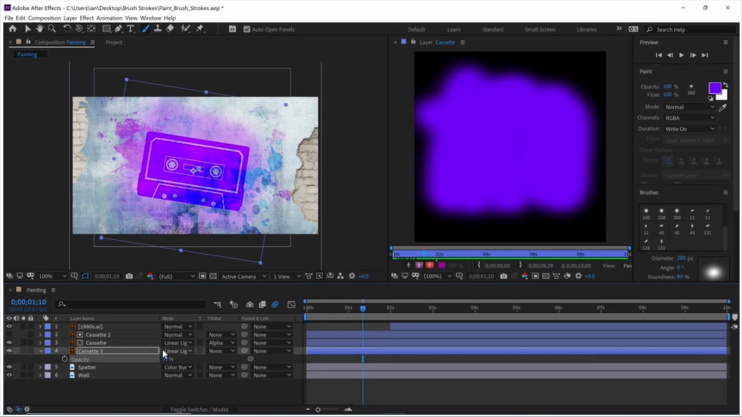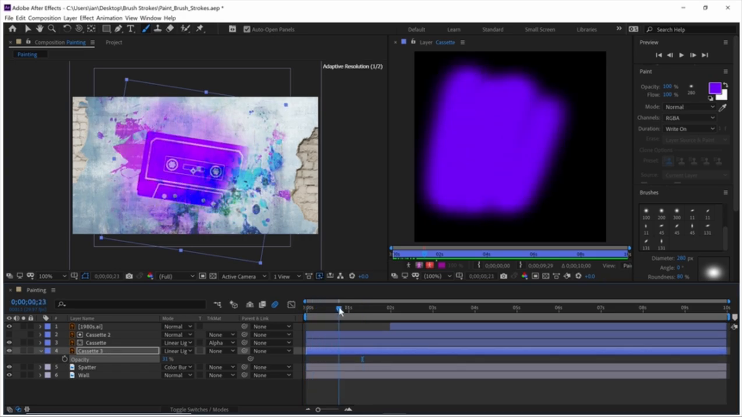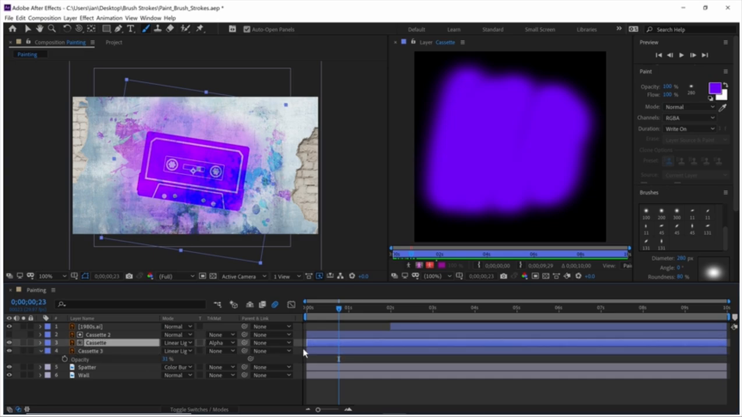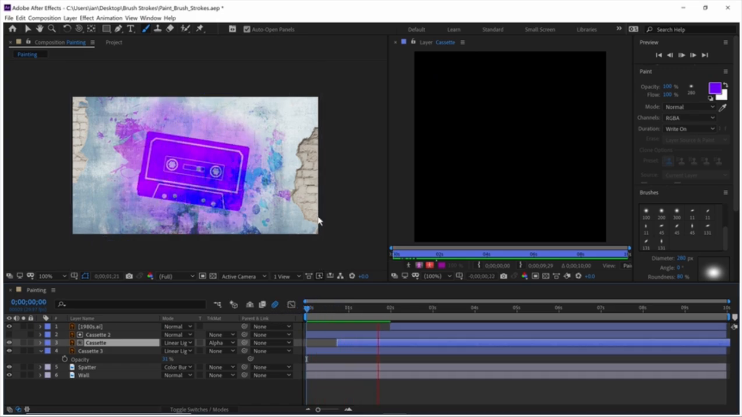And now I want the cassette to animate in second. So if we scrub, you'll notice they're both animating at the exact same time. So I'll select layer 3 and I'll move it down the timeline just a little bit. So now we actually have this pink purple layer animate in, and then we have the cassette actually